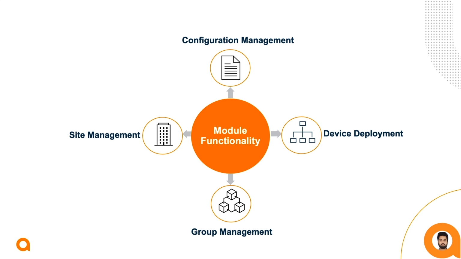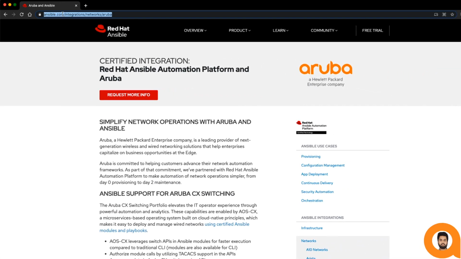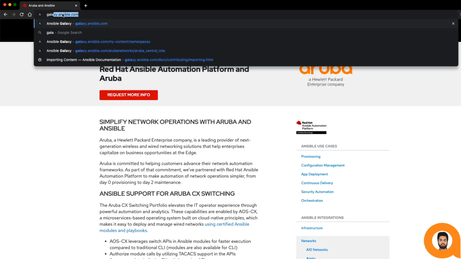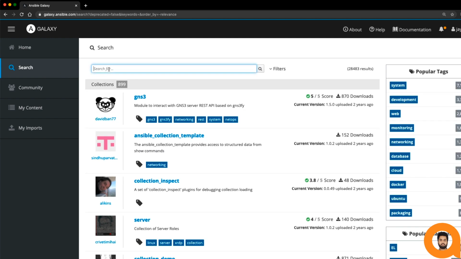Now that we have gone through some basics and its capabilities, let us now visit the Galaxy website and find this role and its resources. Open a browser and type galaxy.ansible.com. This will take you to the Galaxy website where you can simply search for the Aruba Central role.